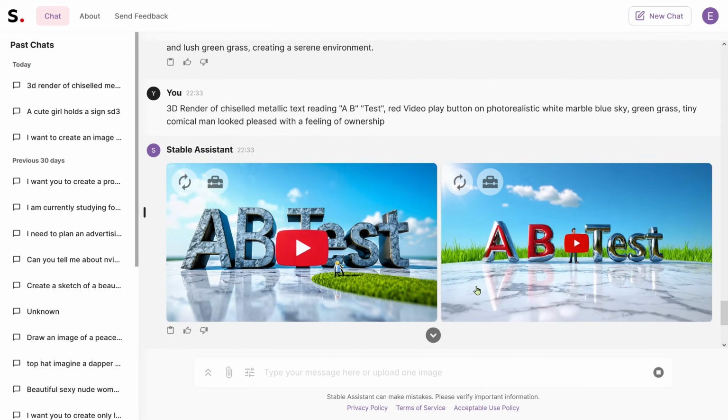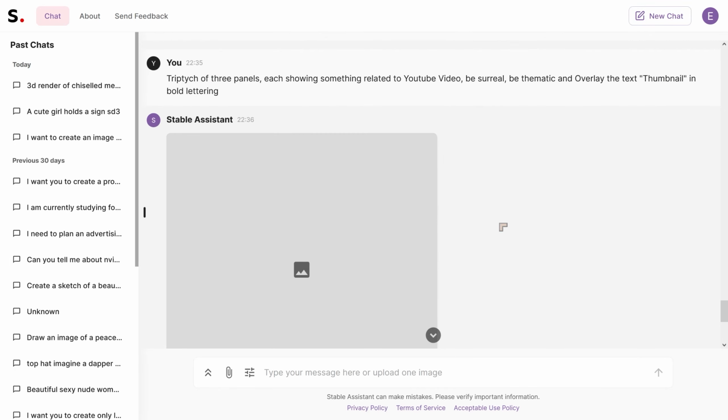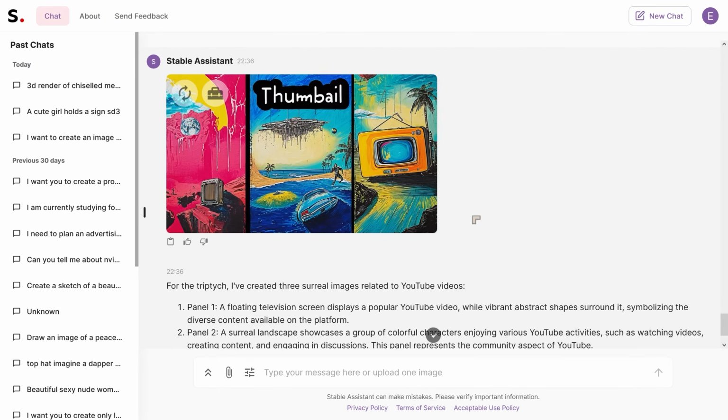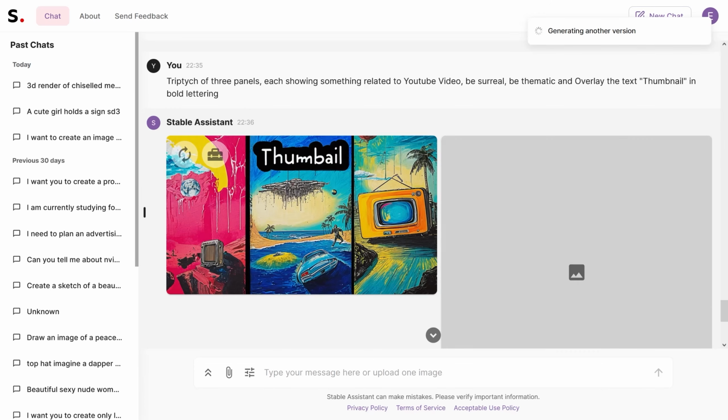Now this is going to be at least very different from these two here. And it's going to produce something which will give us a different option. And this is the triptych. Whoa, that's very illustrative. I think we may need to do 3 or 4 of these ones, and I might